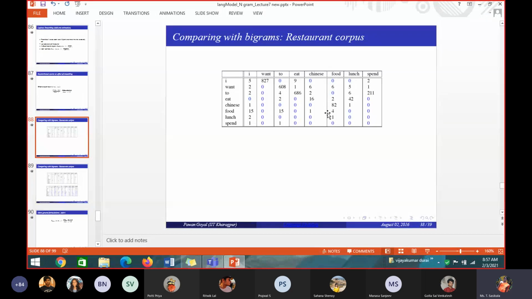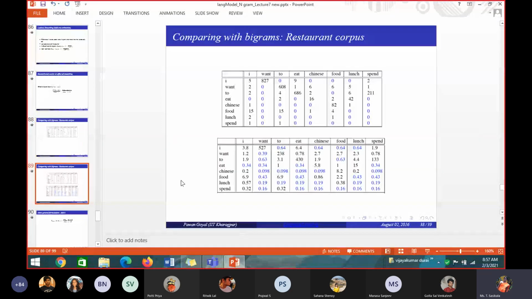So we can use this smoothing technique to steal some probability mass from the existing data set and to make this a non-zero value. So they have done something and they have made this. They have stolen the probability mass from the existing values and distributed the probability mass to those words which have a count of 0. That's why, see here, this table will have some values. Wherever the blue color is there, that is stolen probability mass from the existing thing.